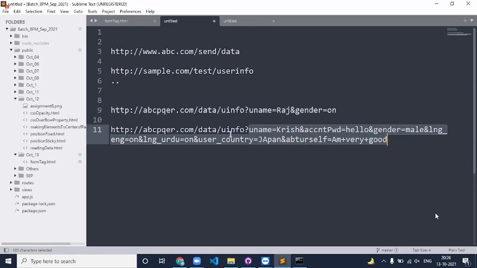Before the question mark, everything is the URL name or the service name or the server name. Anytime you have query parameters, one or two, every query parameter gets separated with an ampersand symbol. Question mark is a separator between the query parameters and the URL of the server or the web service. Ampersand is the separator between multiple query parameters.